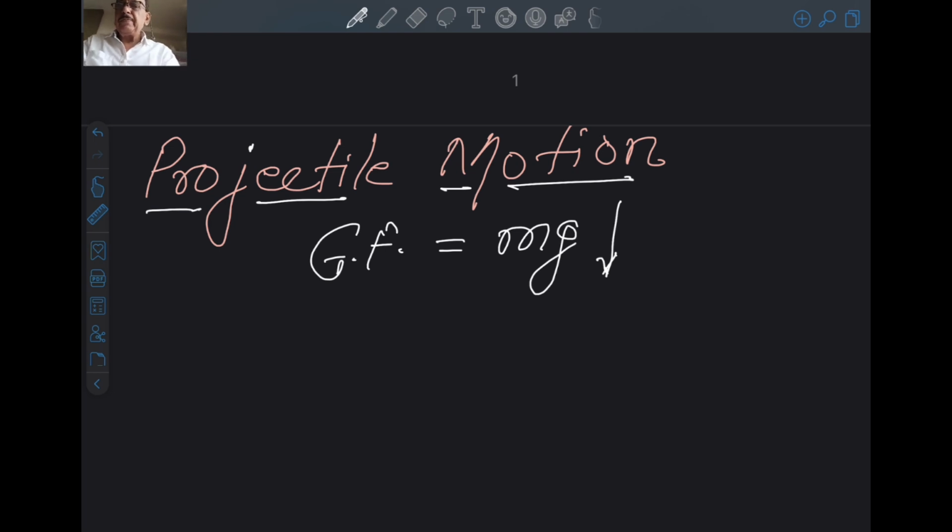It is simple: suppose there is acceleration in the x direction and no acceleration in the y direction. Then the x direction will have acceleration, so we deal with all the equations of motion there, whereas in the y direction we simply use displacement is equal to velocity into time. In projectile motion